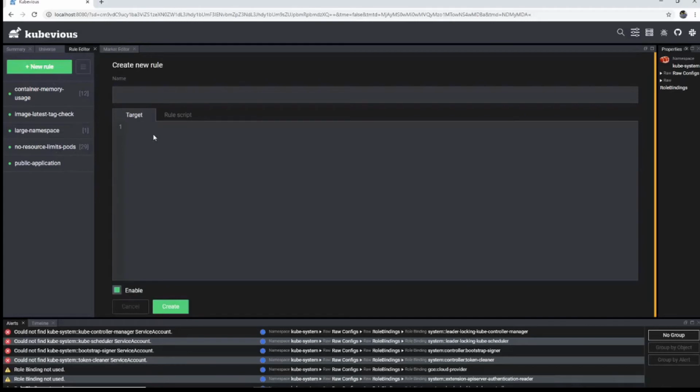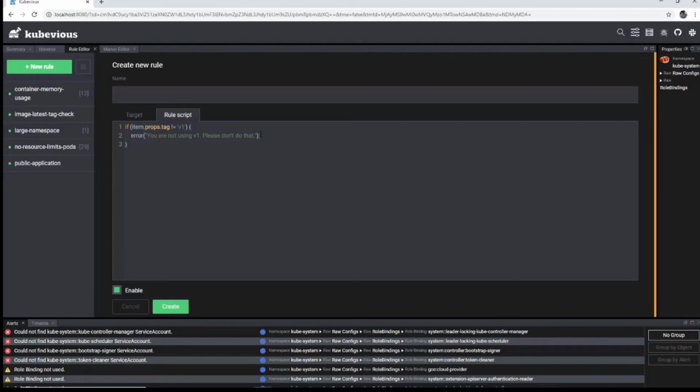Because we are going to target the image, and in the rule script, I have already written it. Let's check this. So it's item.props.tag. I'm checking, look for the tag. If the tag is not v1, then throw an error that you are not using v1.